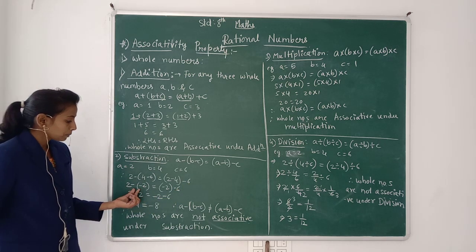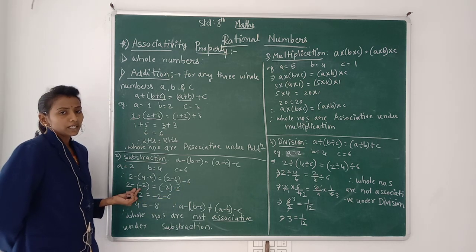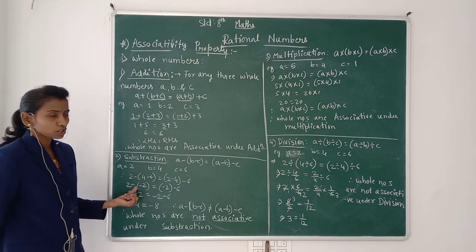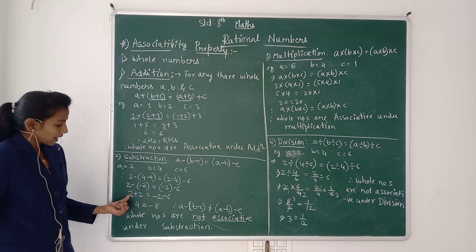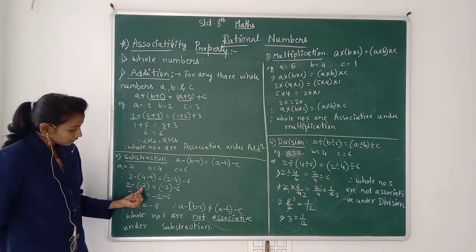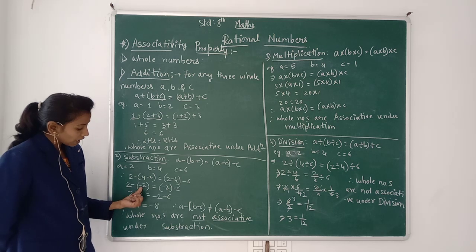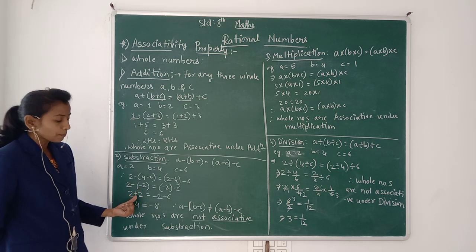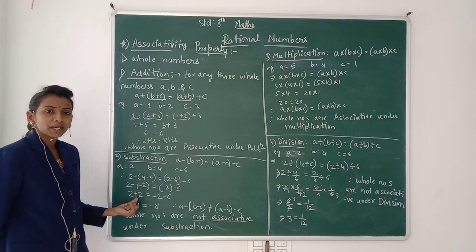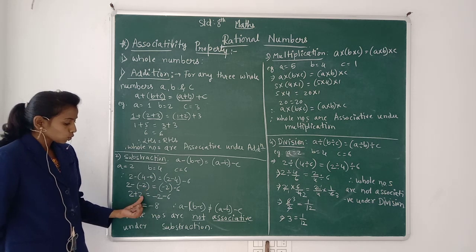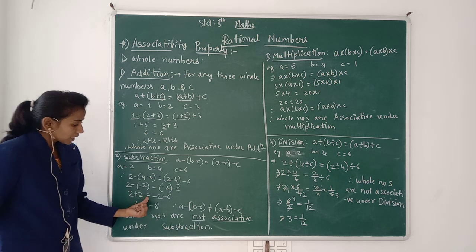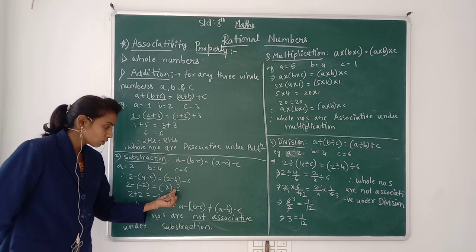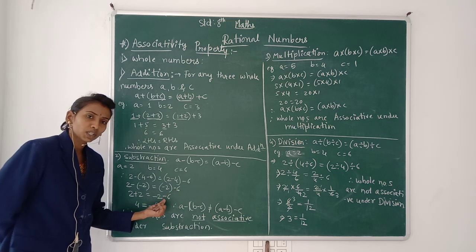Now see, I have already told you that a bracket means multiplication. So you have to do the multiplication of the signs. Keep 2 as it is, and see the multiplication of these signs. Here we have a minus sign, and in the bracket also we have a minus sign. So minus into minus becomes plus. Minus into minus becomes plus. 2 you keep as it is, is equal to minus 2 you keep as it is. Here outside we have minus 6, that also you keep as it is.